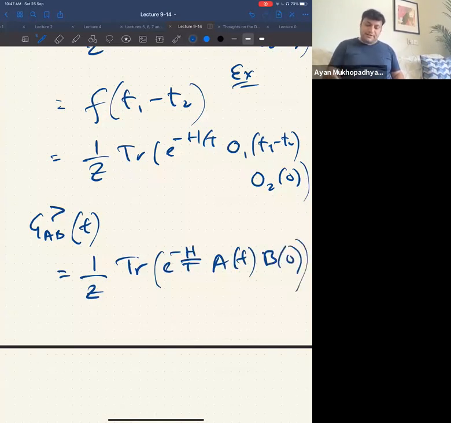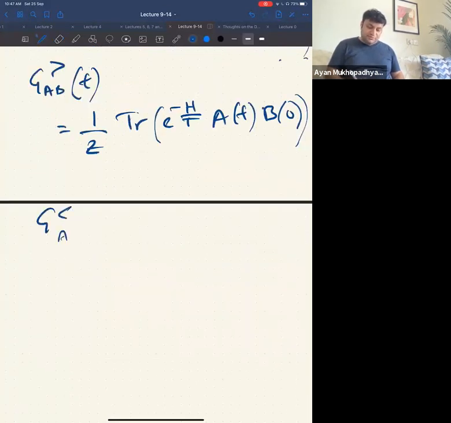By time translation symmetry, all I need is t1 and t2 with t1 minus t2 equal to t. This is the same as putting A at t1 and B at t1 minus t. Okay, so that's it. And now let us define G^<